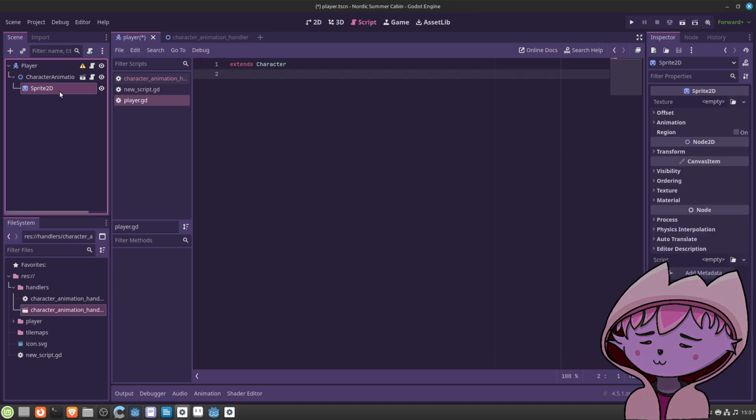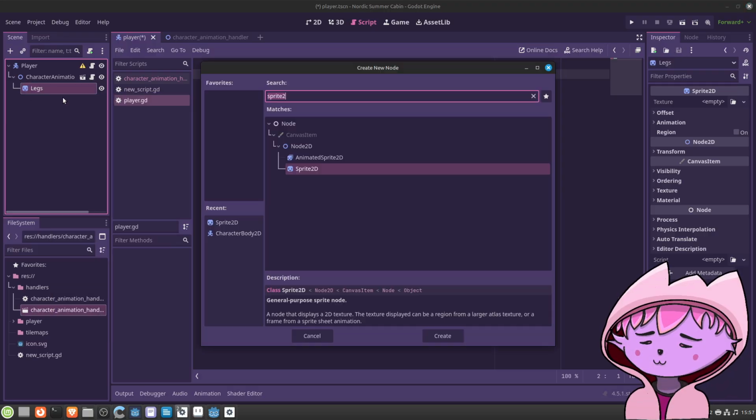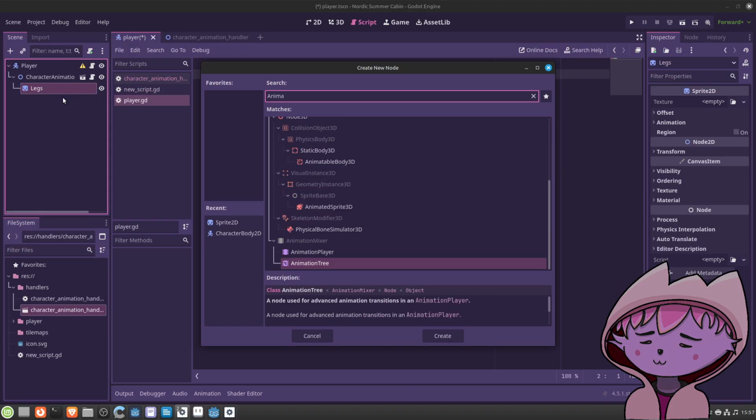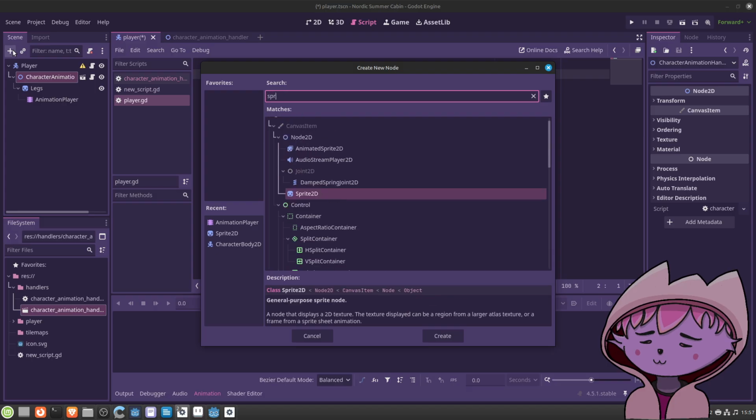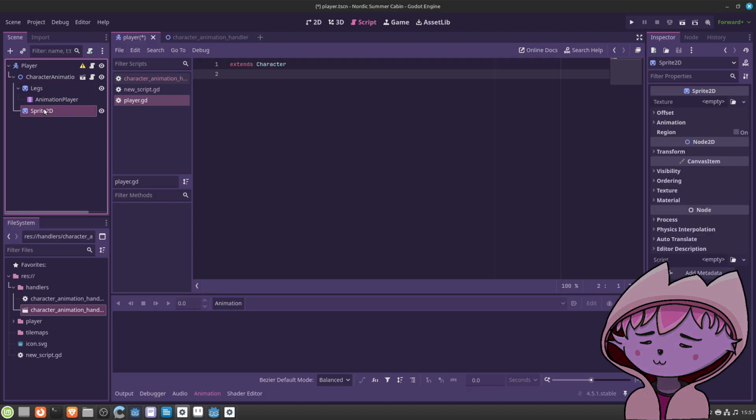Like Sprite2D, Sprite2D, like legs, body.